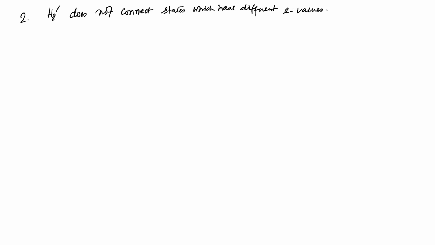So, it keeps the different L values separate and they do not couple, which means that if you are trying to calculate the matrix elements of this H_z prime operator between two L values, say L equal to 2 and L equal to 1, then it is 0, and how we can show